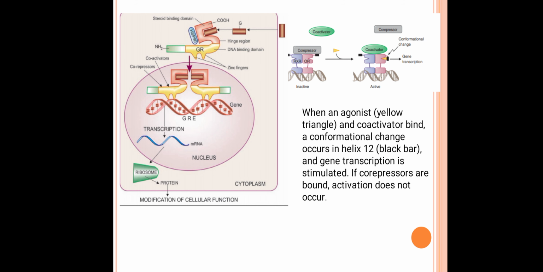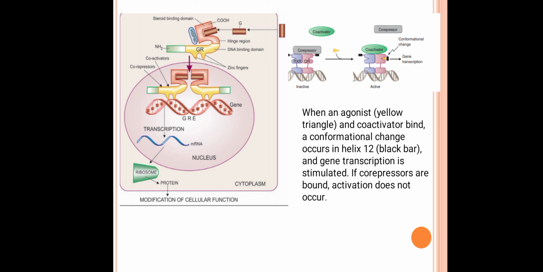If you see this diagram, you can see that there is a carboxy terminus as well as an N terminus. Near the carboxy terminus, there is a ligand binding domain, which is the steroid binding domain. In this ligand binding domain, the steroid will bind. Once it binds, the heat shock protein will be removed. Now, with the help of the hinge region and the DNA binding domain, the receptor can undergo dimerization. Before that, with the help of the hinge region, it can come inside. I have already told you, the hinge region helps in the intracellular trafficking of the receptor.